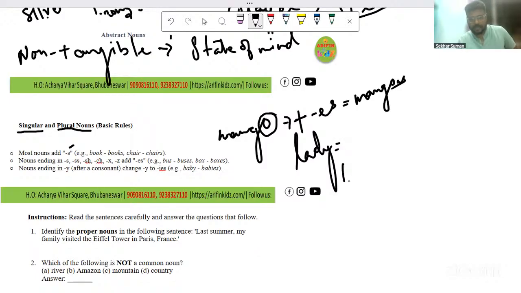Lady, baby, all these end with a Y. So the nouns that end with Y require IES to make them plural. So lady, Y is going to be omitted and then it becomes ladies. Baby will become babies. Can you guess any other